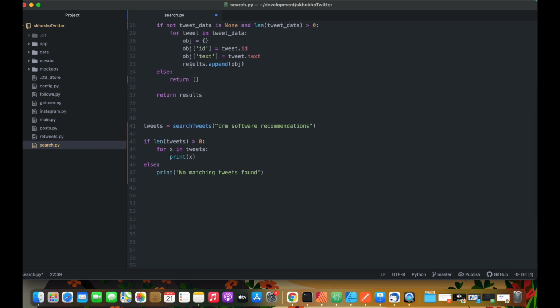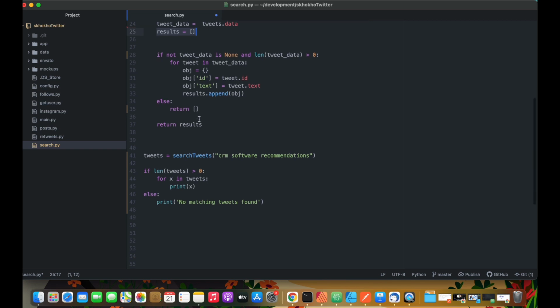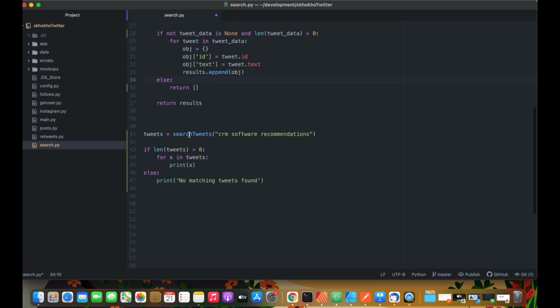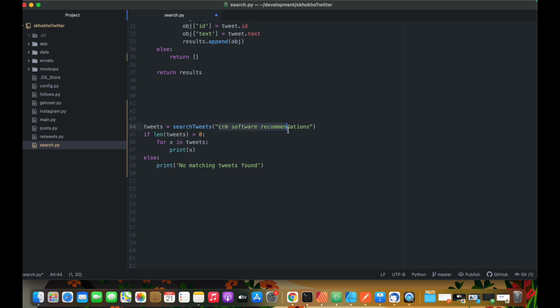And then we're going to append this object into that list. So this result will now be a list of objects. Each object will contain an ID and a text. Otherwise, if there's nothing in there, we'll return an empty list. And then after that, we will just return this results. And this results is the list, which is what you have over there when we're running this function tweets and giving it that